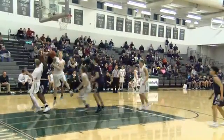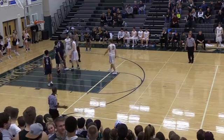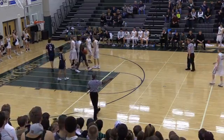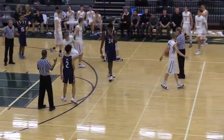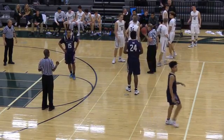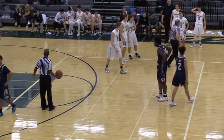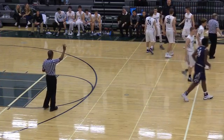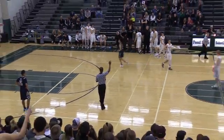Dylan Ellis couldn't finish, and that's going to be a jump ball. Tension's getting a little high here. Don't need to see any of that though. The 50 seconds left. So also take out Dylan Ellis, the senior,